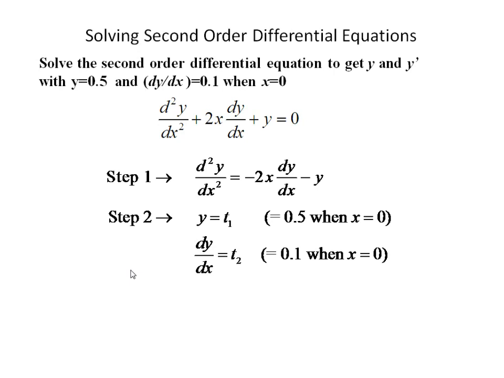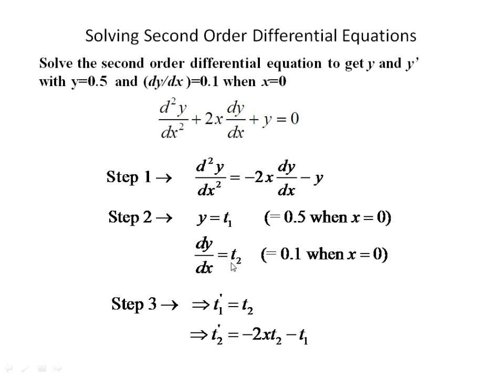So now from these three equations we can have t1 prime equal to t2 and t2 prime equal to minus 2x t2 minus t1. These two equations will give you the first order differential equations, because here y is equal to t1, therefore dy by dx is equal to t1 prime, and it is nothing but t2. From the second differential equation,